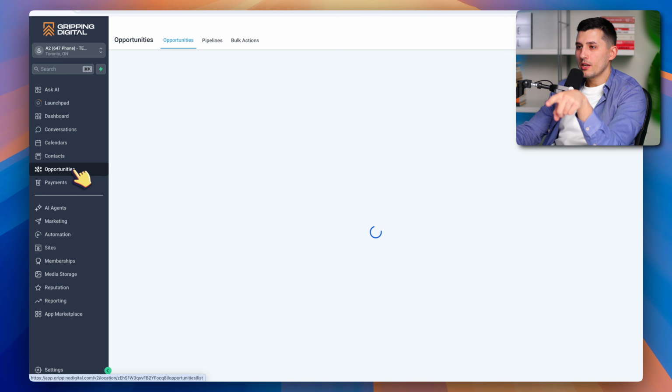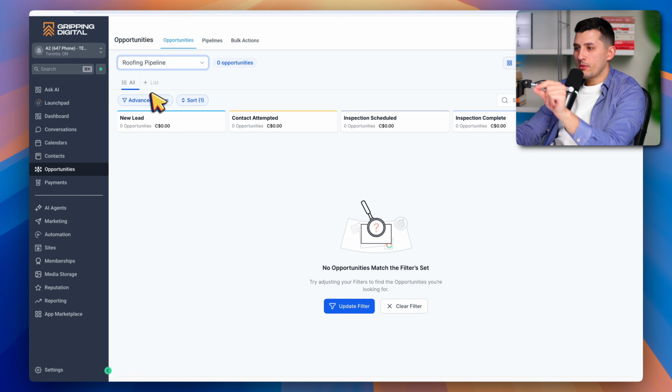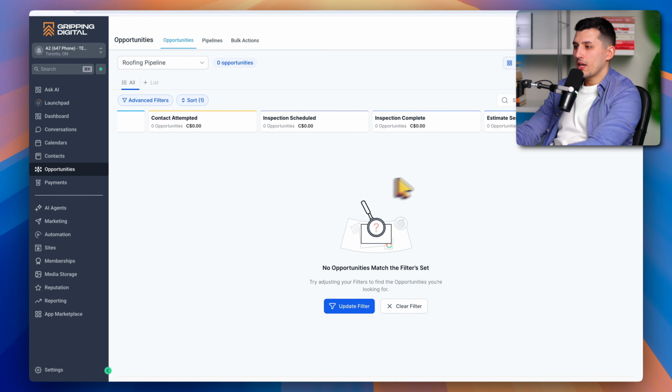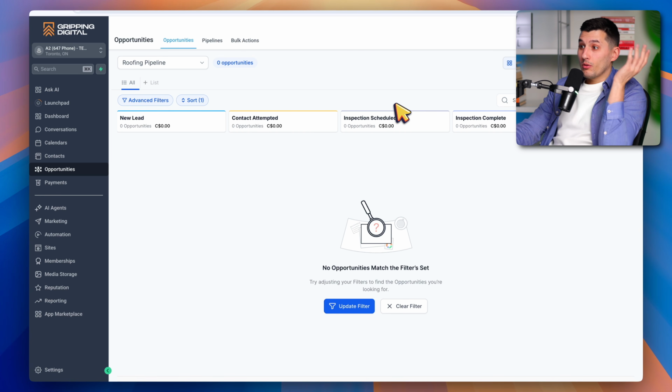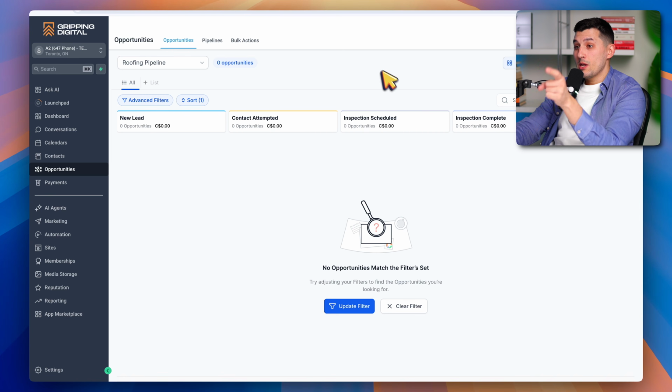Let's go to opportunities, and we have new leads, and we have roofing pipeline. Boom. New lead, contact attempted, inspection scheduled, and all of that over here. Obviously, it can be shorter, it can be longer, but this one looks like it encompasses every single step that happens in a real roofing business. So, for example, if you have a client, give them this account and they can manage their whole business right in here. And we can charge them a pretty penny to automate their business, right? But anyway, let's move on.